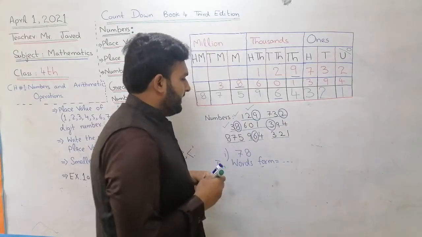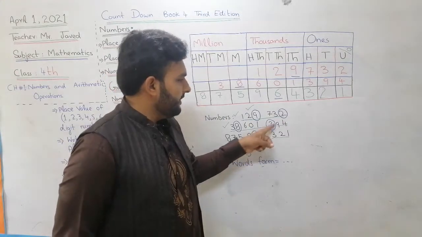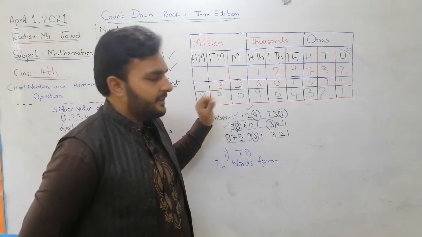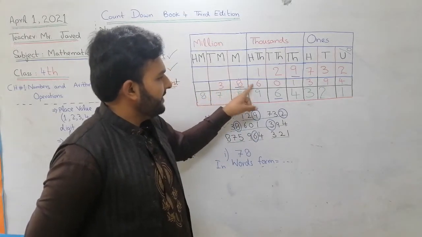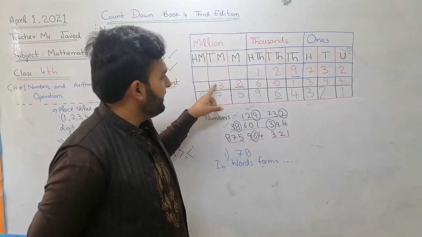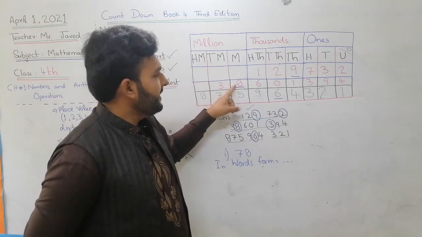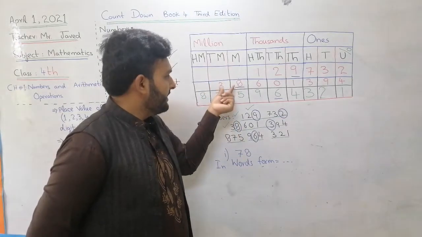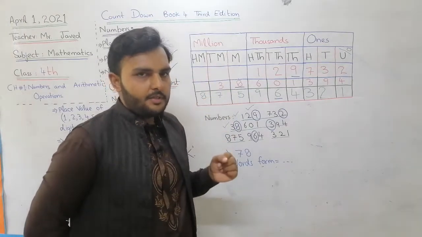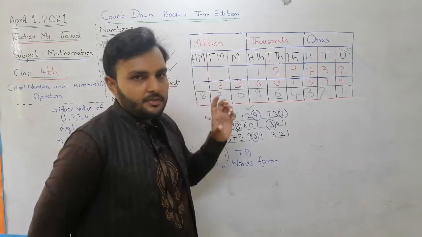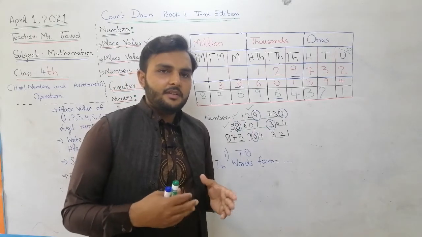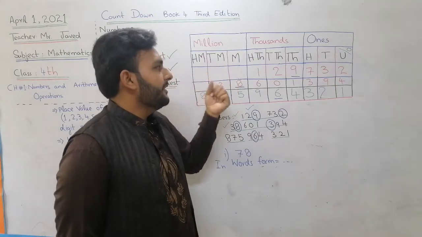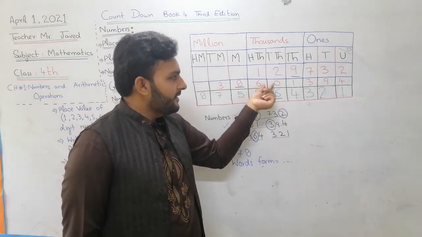The next number is here, 38,601,394. After putting it in the chart, we will get 38 million. So find the place value of 3: ten million. 8 is at the million place. 3 is here for ten million, so 38 million, because 3 is at the ten million place. We will read it at the same time: 38 million.